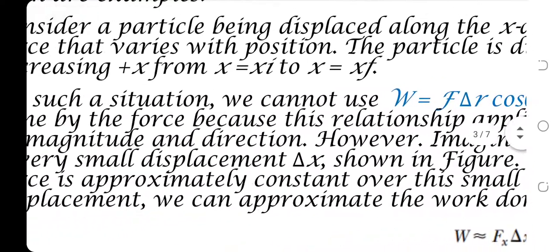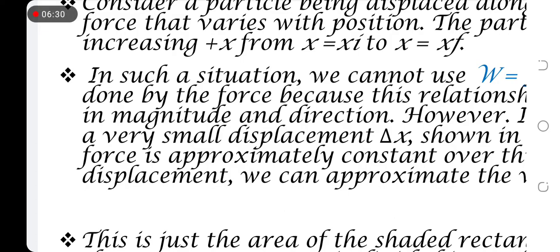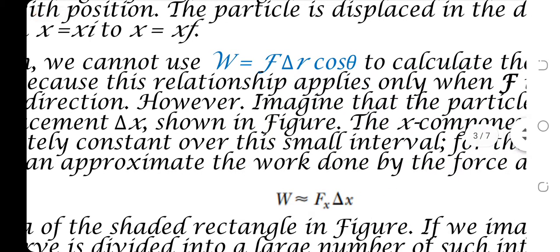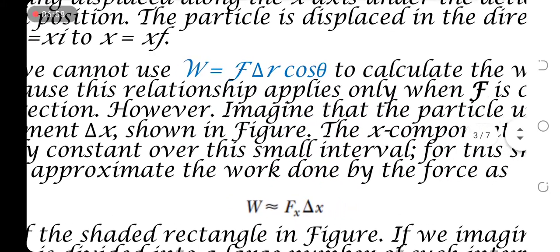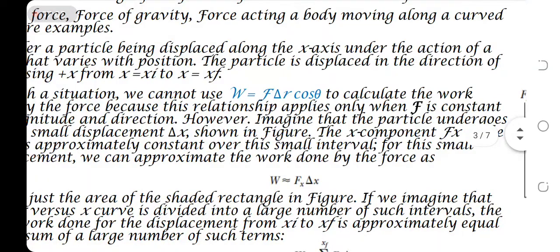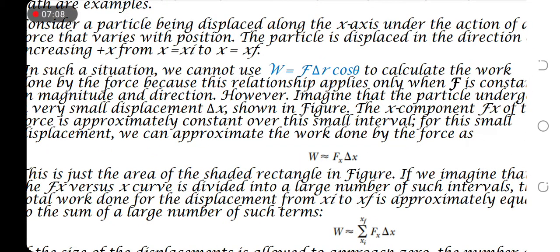So, if we see that, then we should apply the formula of work as we studied in the previous lecture, that is, W is equal to F delta r cos theta. Perhaps we cannot apply this formula in this situation, because this formula is used to calculate the work for a constant force. But in this case, the force is not constant. So, we have to apply a strategy: